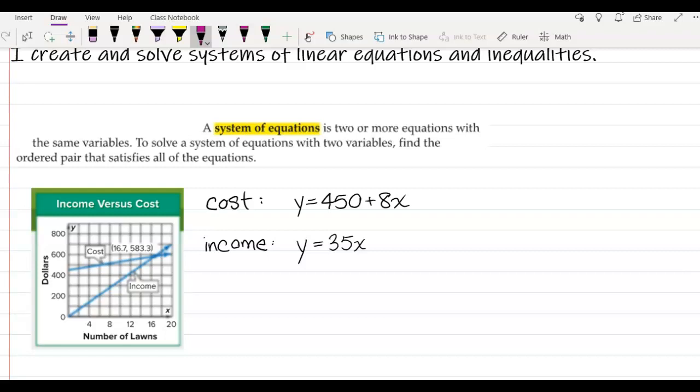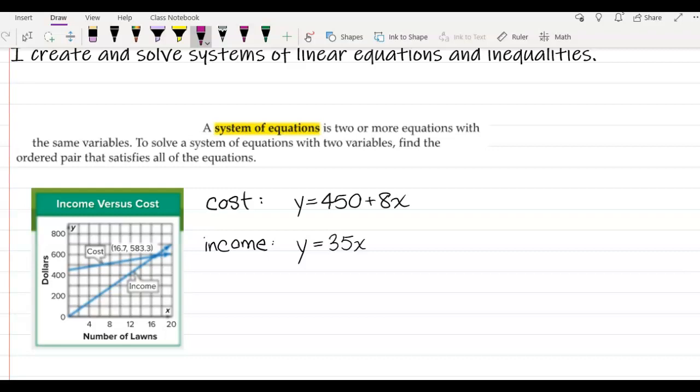It costs $450 for the lawnmower plus $8 for every yard. Maybe that's how much gas costs, $8 in gas. And then you can charge $35 per yard. So that would be our other constraint. When we graph these constraints, these equations, we can then see